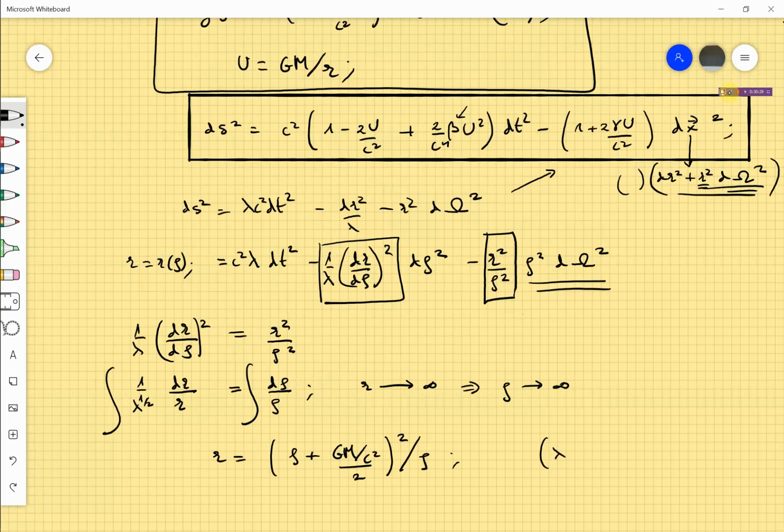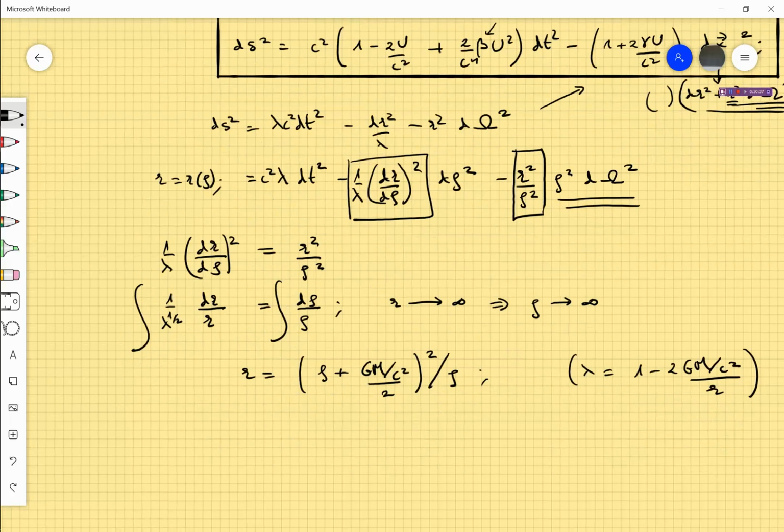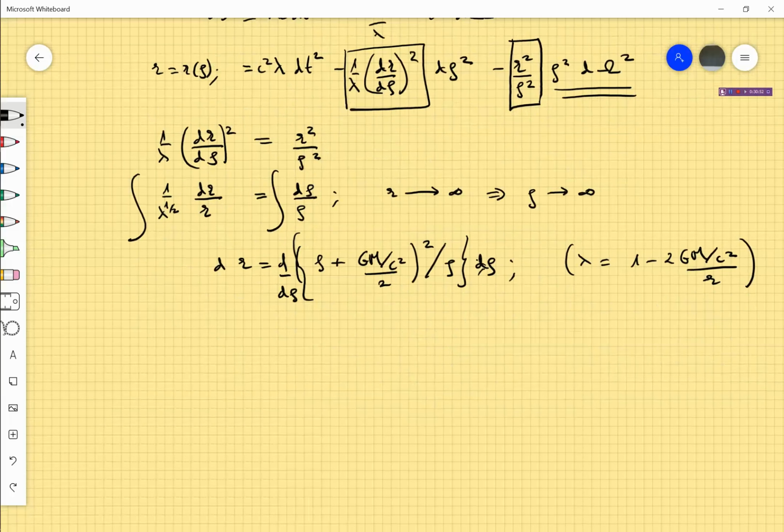So lambda is 1 minus 2GM divided by c squared, divided by r. Now you perform this change of coordinates. Now you have to start all over again. You differentiate here, so you take now the derivative of all this with respect to rho, operate and so on,